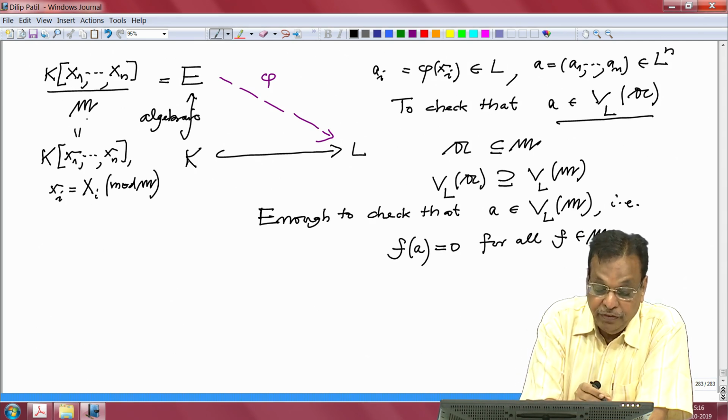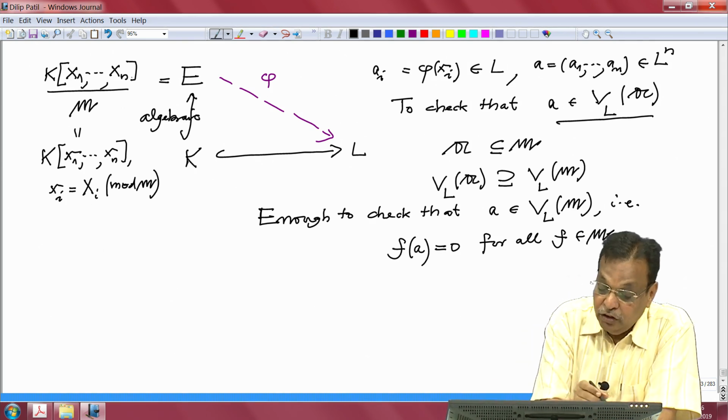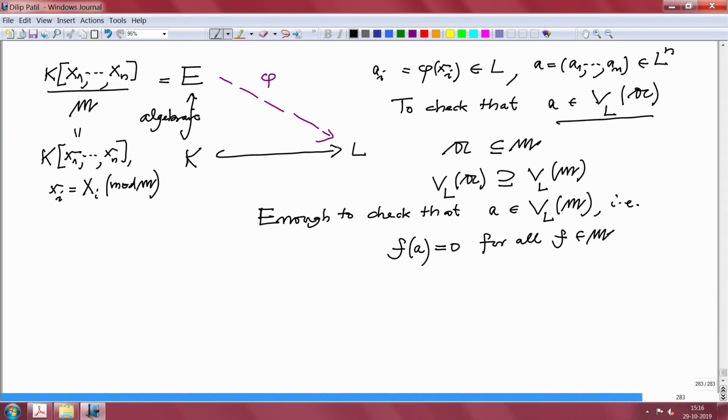If you take any f in M, then this goes to 0 under this homomorphism. So this follows from f belongs to M,